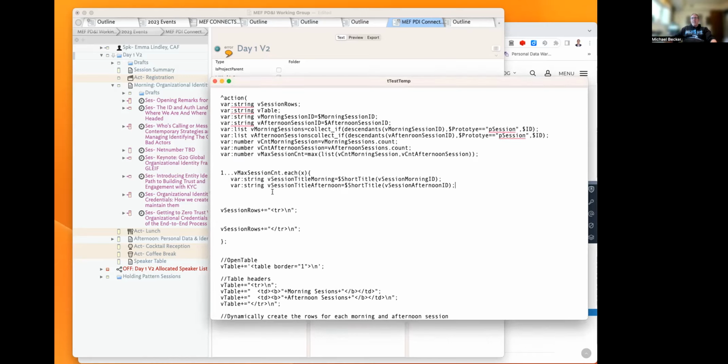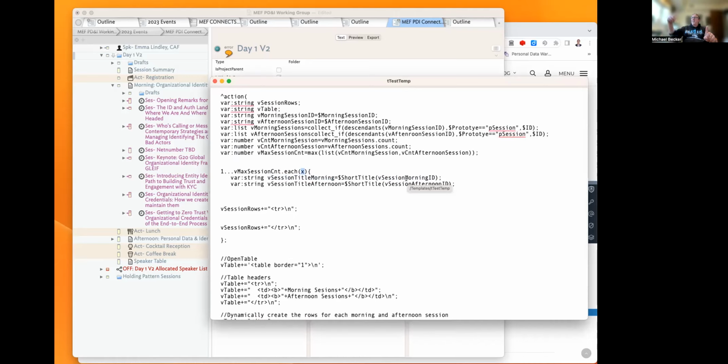So now if I go ahead and paste this in, you're seeing what I'm getting is, get me the session, create a new variable called session title morning, grab the short title of the ID number for X. So item number 1. And remember, what's X? X is the first session item of the morning, first session item in the afternoon. When this cycles through to number 2, X is going to be the second item in the list for morning and afternoon. When it goes to number 3, item is going to be the third item in the list. And so what that does for me is I now can go ahead and